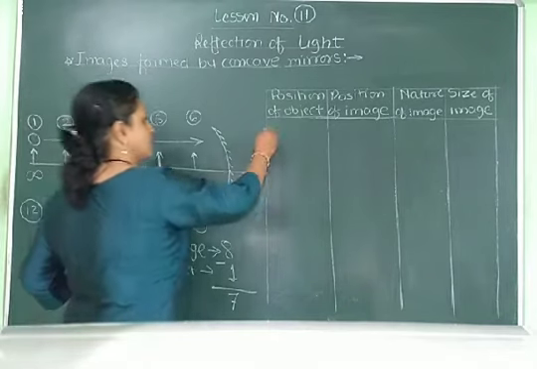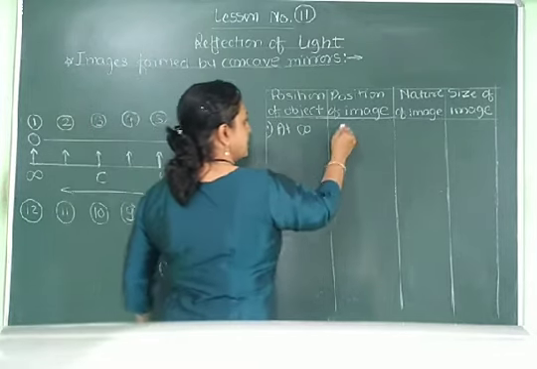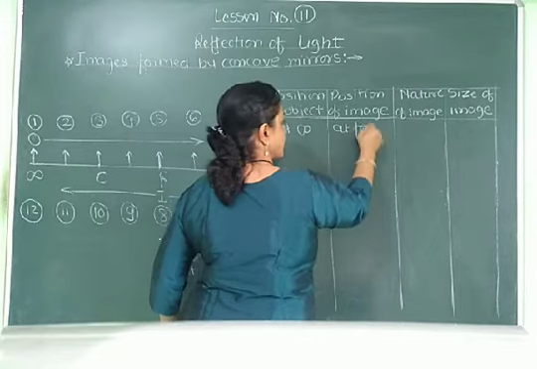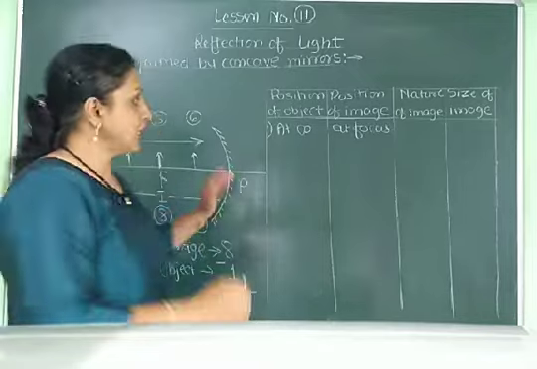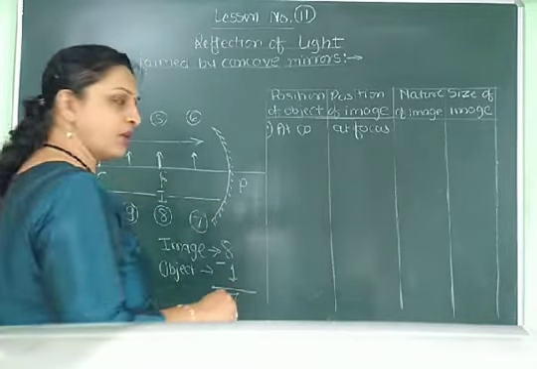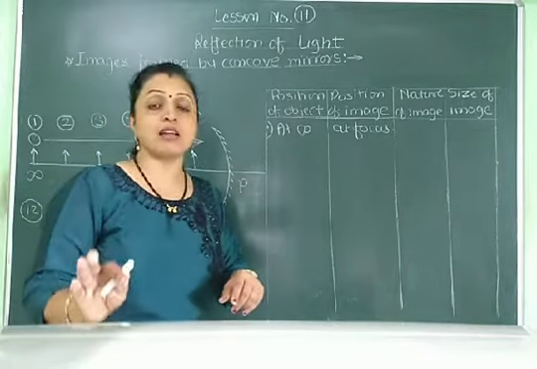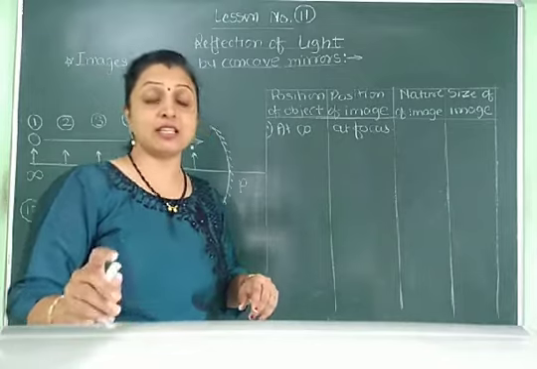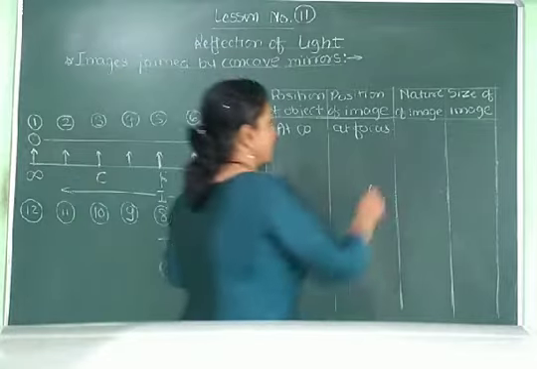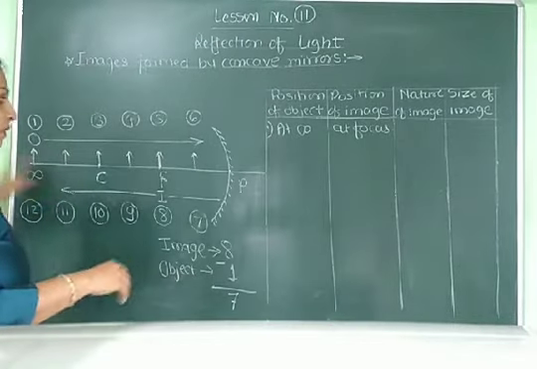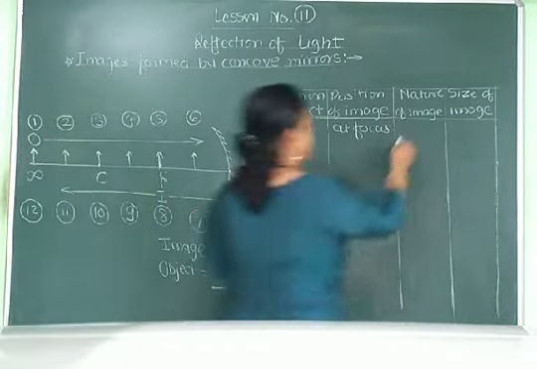Now let us write this first case. If we place the object at infinity, then we get its image at focus. And one more thing that you have to remember, if we get the image on the same side of the mirror, in front of the mirror, then all these images are inverted and real, that we have studied in the first ray diagram in the last video. So all these images are inverted and real. Here also we get the image in front of the mirror, at focus. Therefore that image should be inverted and real.